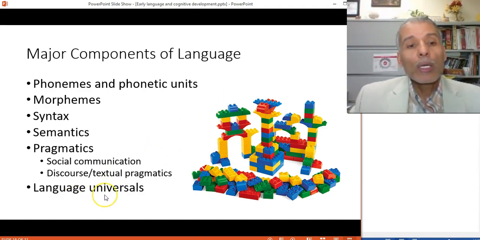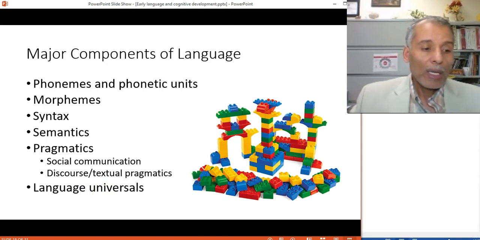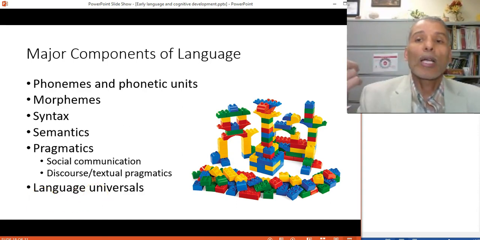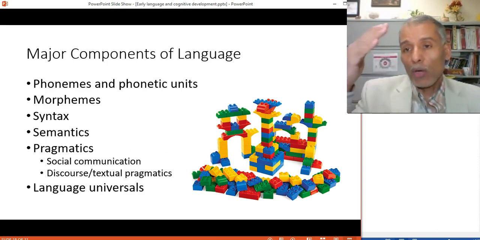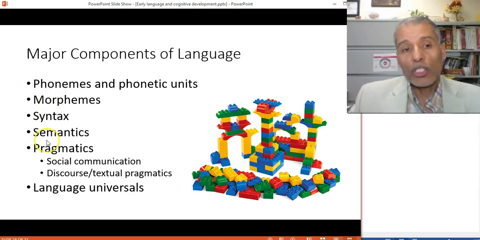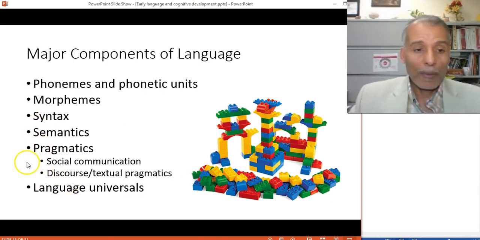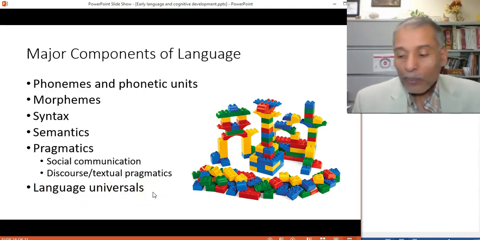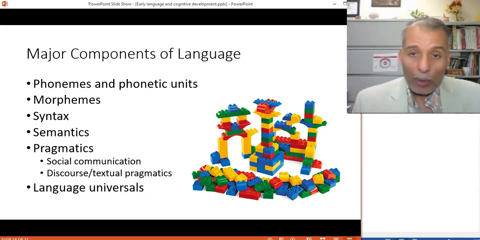Language universals are also attributed, of course, to Chomsky, who spent a lot of time, many years, finding out what is common among all the different languages, and the fact that every single language has these elements that we study today and we teach today. A lot of the effort came due to Chomsky. Language universals, examples.